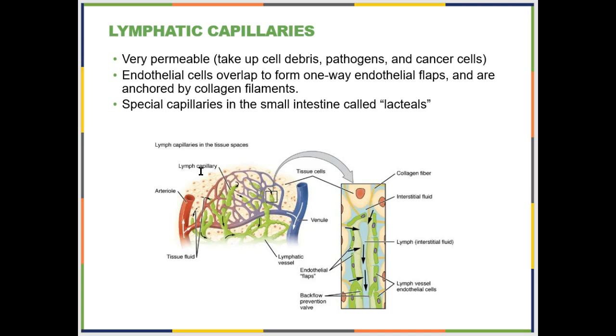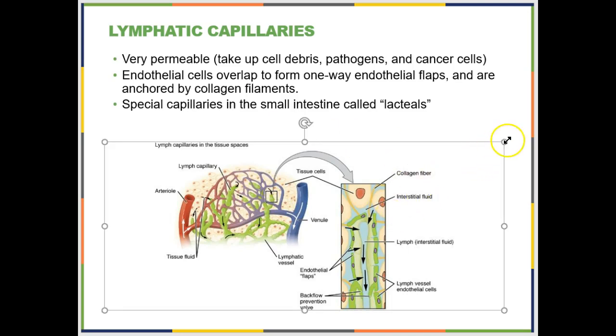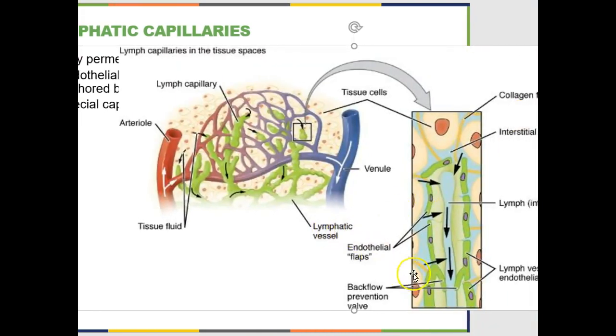There are two things that I want you to know about lymphatic capillaries. One is that they are very permeable. Part of how they end up being permeable, and this picture doesn't really do it justice, if I zoom in, right, there's a little bit of overlap between those two cells right there. Oh, they have the flap going the wrong way. That's so silly. So this cell here can flap in and let fluid flow in,